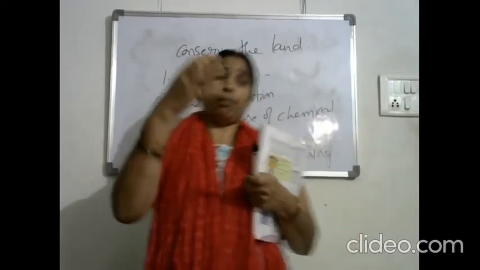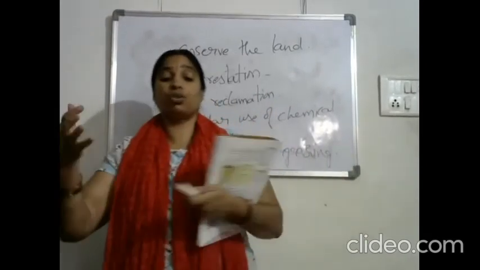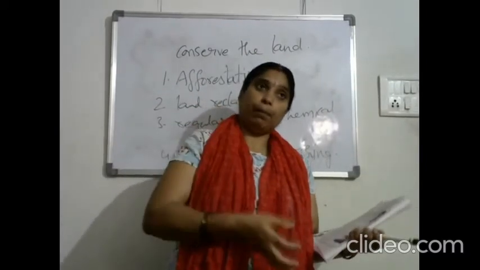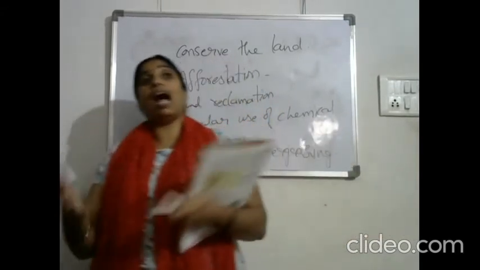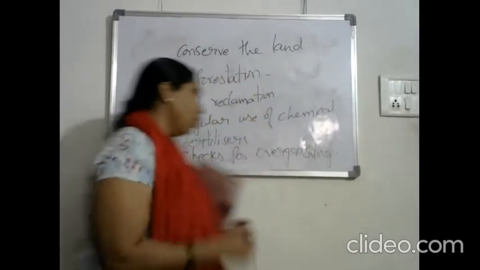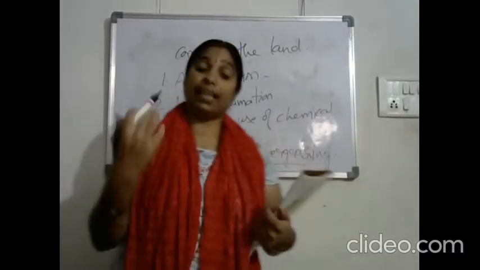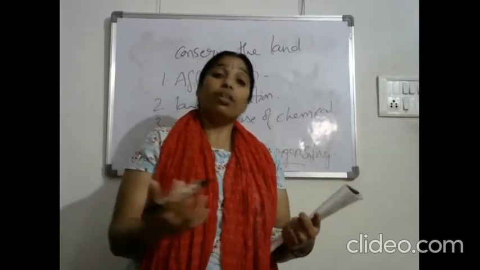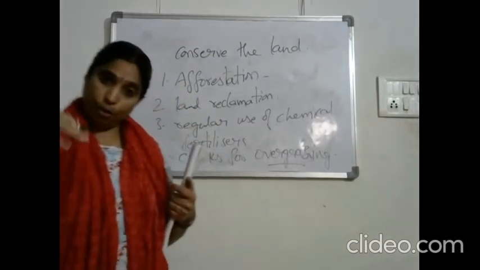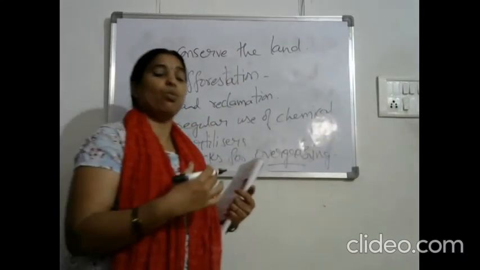Now, as they are shifting, what will happen? The land which belongs to those people is empty. No one is there. Okay, and the people who are in the rural areas are using the land as fodder for their cattle. Now when this land is getting overgrazed, when the cattle is grazing in that land, what will happen? The trees will get destroyed, and there will be no more trees because there will be no one to plant the trees.